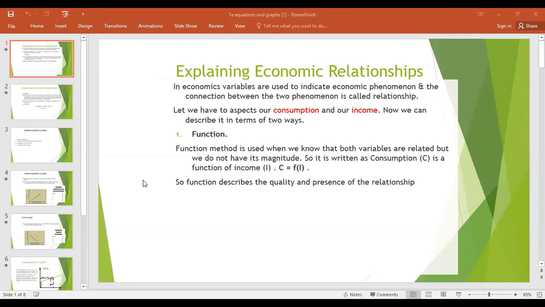So it's saying that there's a box, a machine inside. When you feed in the value of income, it gives you a value of consumption. And we don't know currently कि कितनी income है कितनी consumption की value मिलेगी. But we currently know that this box has only one function. That's why it's called a function. It has only one function: if you give the value of income, it gives you the value of consumption.